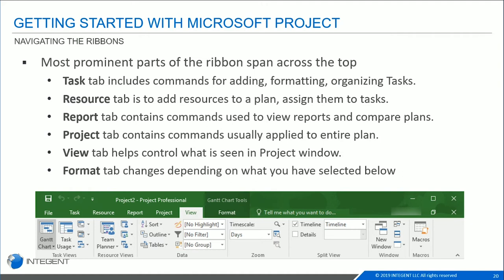And then you have your View tab, which controls what you see in your project window. We just saw a screenshot of the Gantt chart view. The View tab is where you can navigate and change those views. You can also do some filtering, some grouping, some highlighting. We'll look at that. And then the Format tab all the way to the right